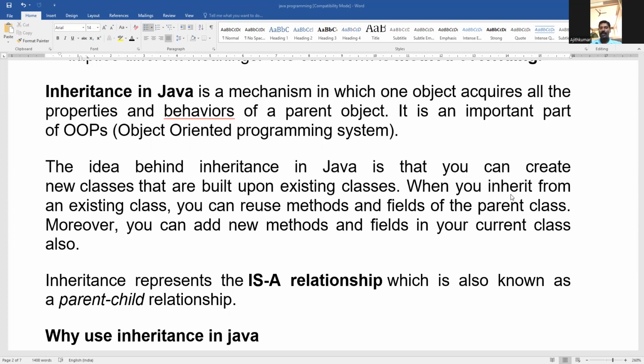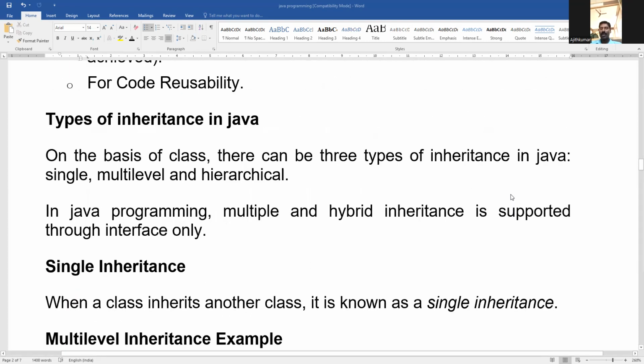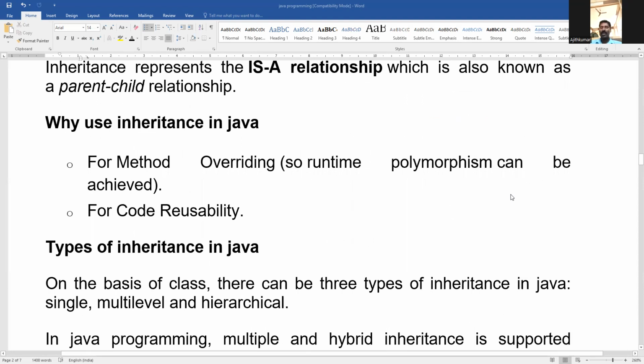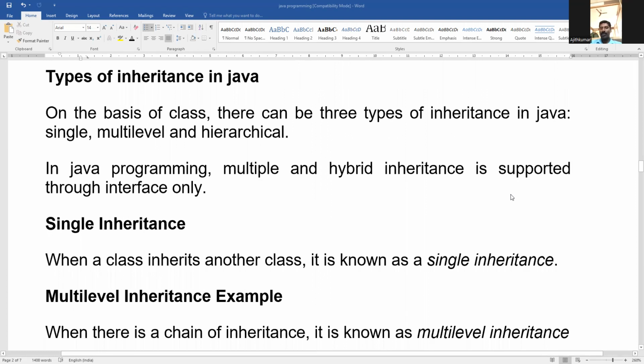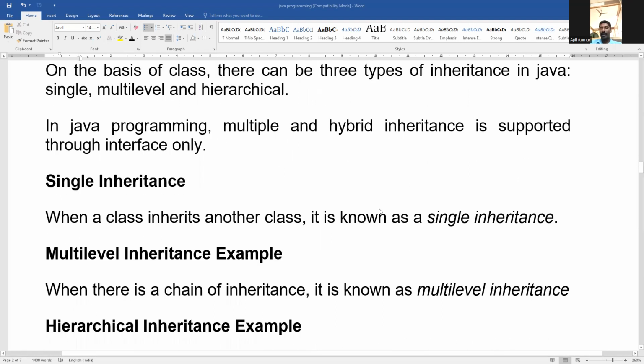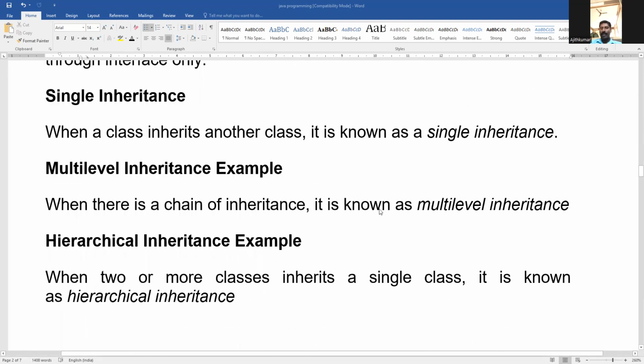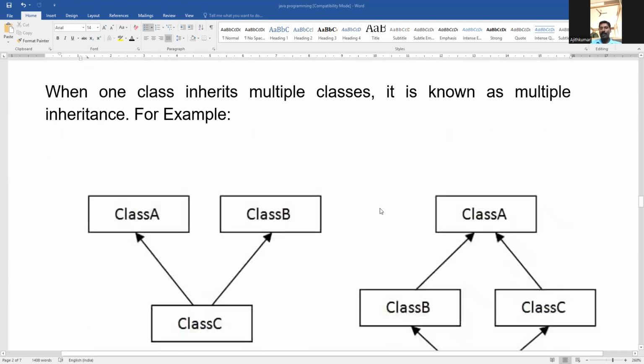Inheritance represents an is-a relationship, which is known as a parent-child relationship. Why do we use inheritance in Java? For achieving method overriding, that is runtime polymorphism. For code reusability, we use inheritance in Java. There are various types of inheritance available in Java. They are single inheritance, multi-level inheritance, hierarchical inheritance,